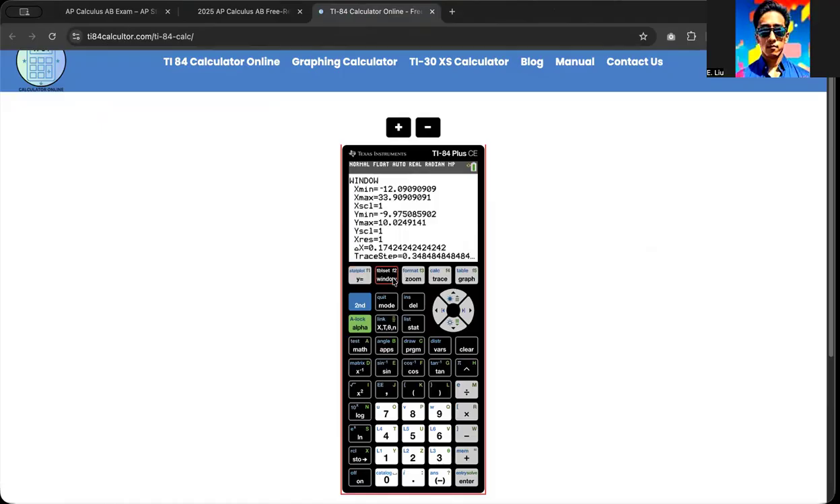When I set my window, I like to set it from 0 to the range that they want, 36. Technically it could be from 4, but I would just use 0. And we can go ahead and graph that function. On here, we can trace this function, and actually, if you go under calculation, second, the calc function above trace,